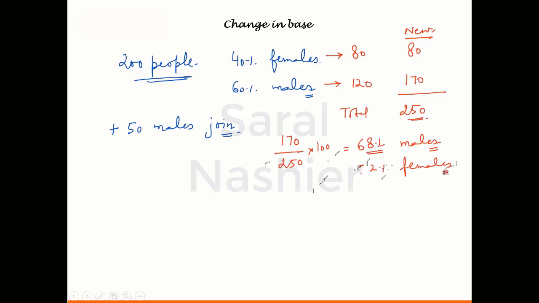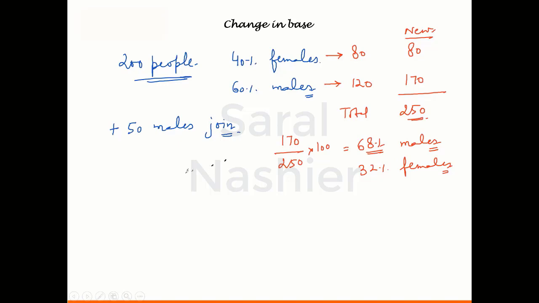Now this question looks quite simple because I have just given you the population, the number of males joining, and then asked you the percentage of males only. This question could have been made difficult as well. I'll talk about that later on. But first let's understand what all could have been done in this question itself. I'll tell you the shortcut which can be used here.